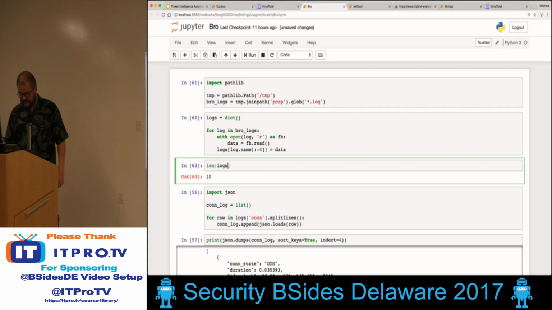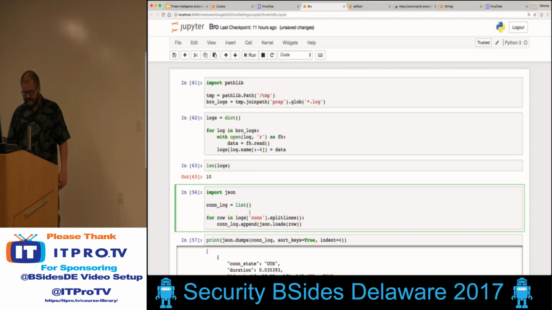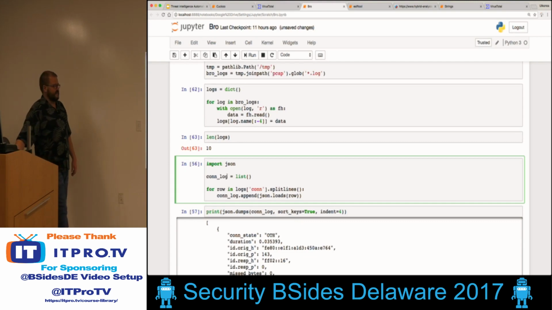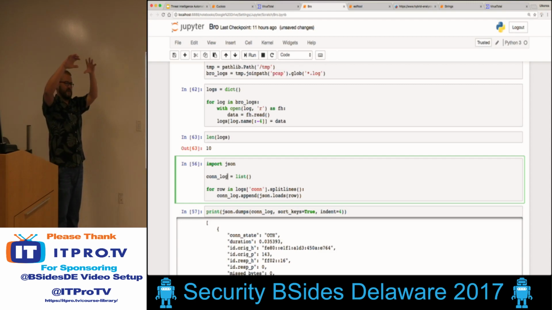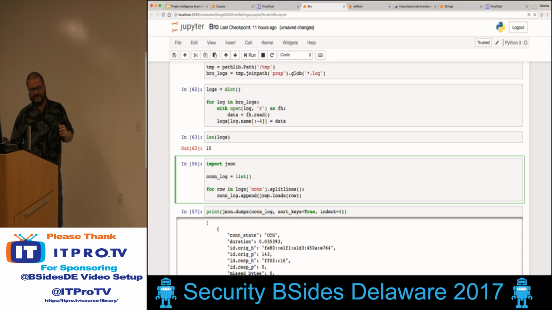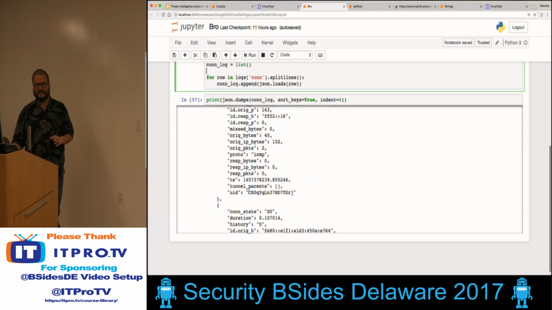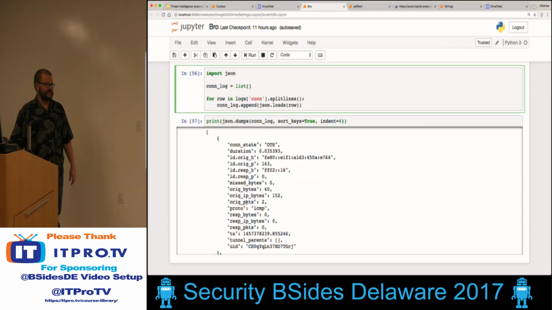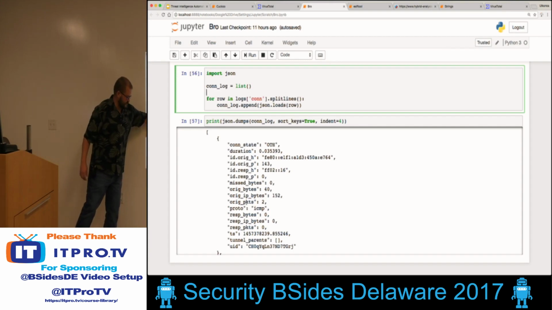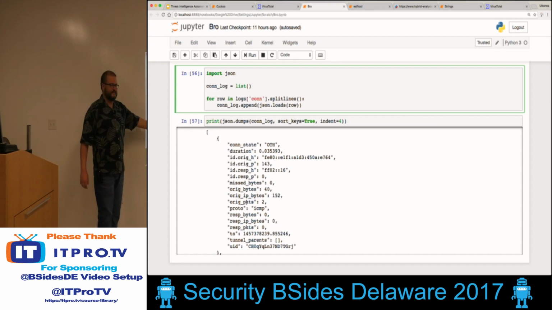All right, so the first log we want to look at is the connection log. The connection log is kind of the overall parent log, and basically, if you don't have a connection log, then the PCAP was empty. The connection log has a specific connection for each of the packets, and what you want to do is look for a particular connection and then find the